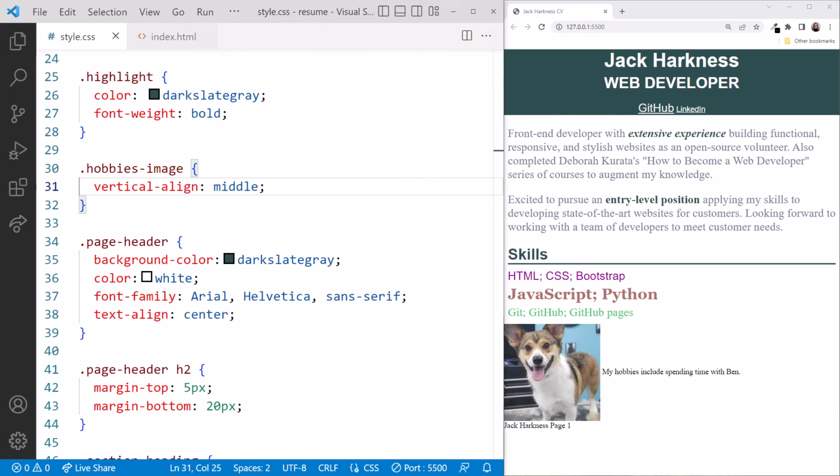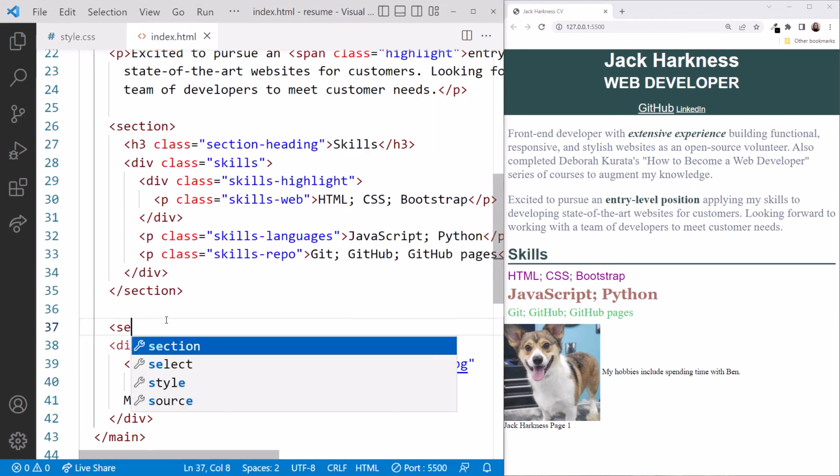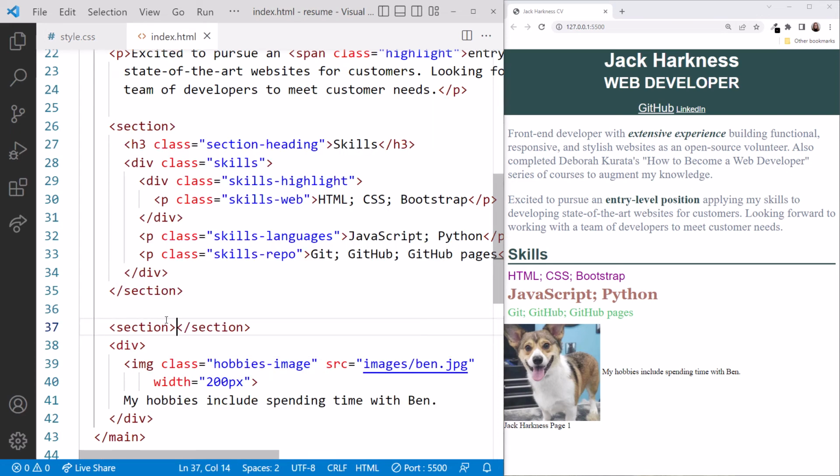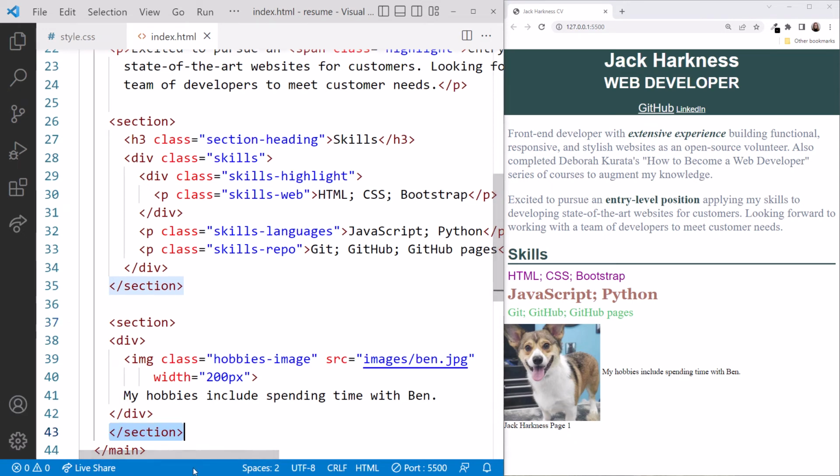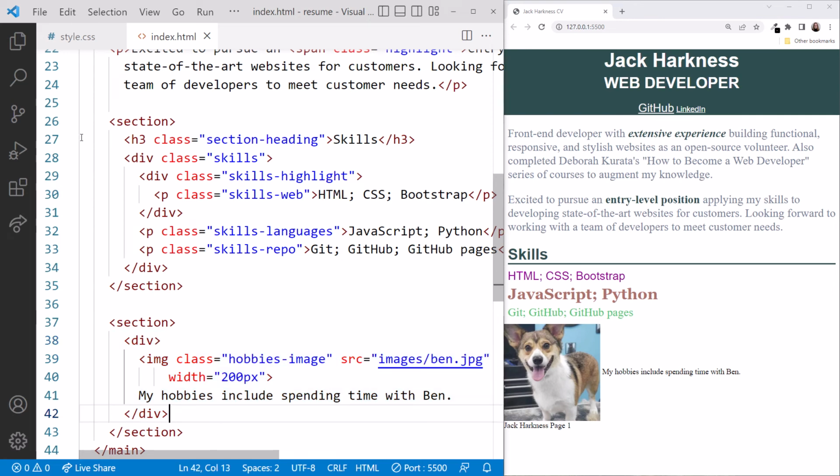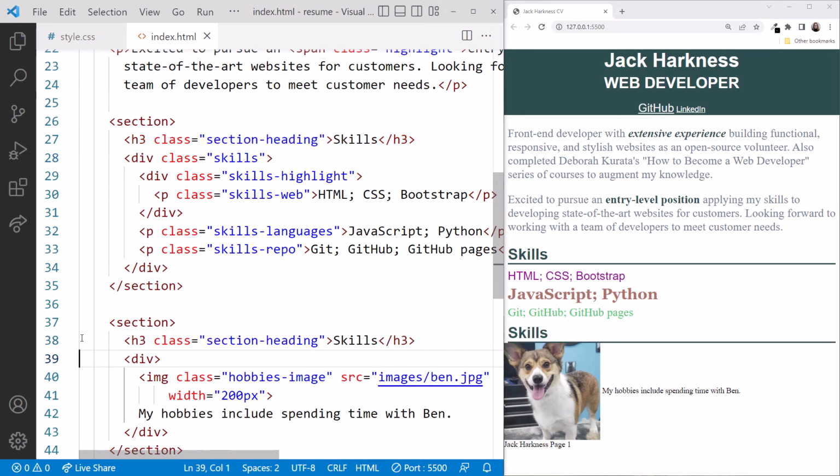Before we move on, let's add a nice header for our hobbies, like we have with our skills. In the index.html file, add a section around our hobbies. And be sure to get that closing tag after our hobbies. I'll reformat to adjust the indentation. Then copy the h3 element with the section-heading class, paste it after the new section element, and change the content